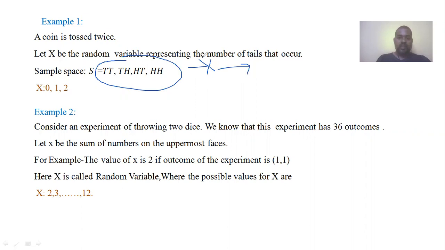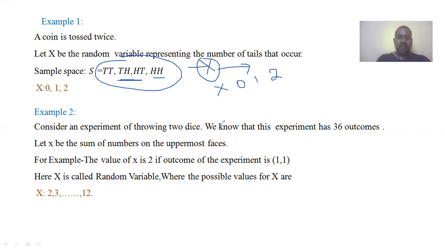So here, let us consider x is a random variable which represents the number of heads. Then if you see the four outcomes, in the first one, tail tail, there is no head, so the random variable indicates x equals 0. That indicates there is no head. In the remaining two, head tail and tail head, there is one head, so x is 1. And in this case, there are two heads. So x is a random variable representing the number of heads.